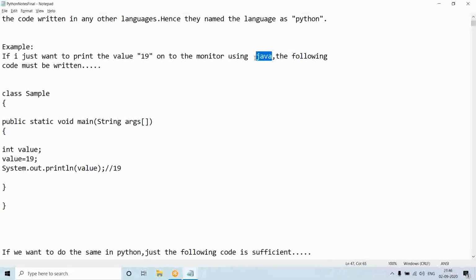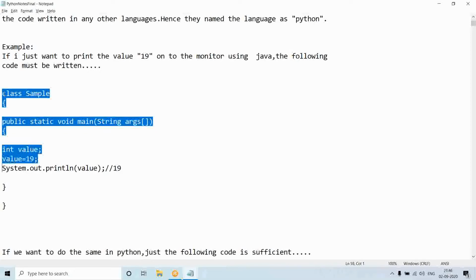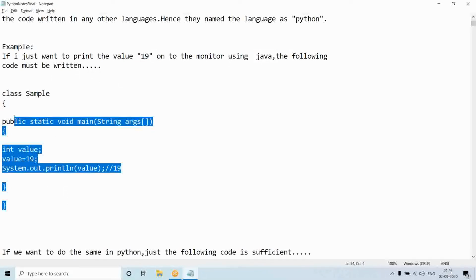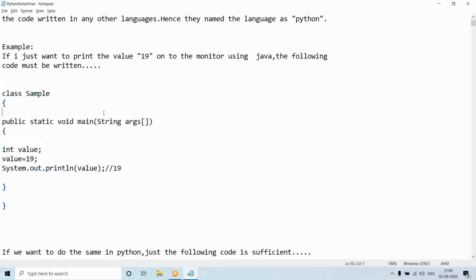For doing that, how many instructions have we written? 1, 2, 3, 4, 5, 6, 7, 8, 9. Just to print 19 onto the monitor in Java, you are writing 9 instructions.